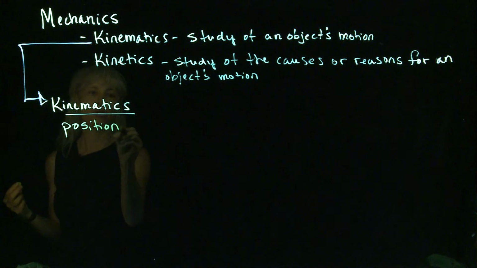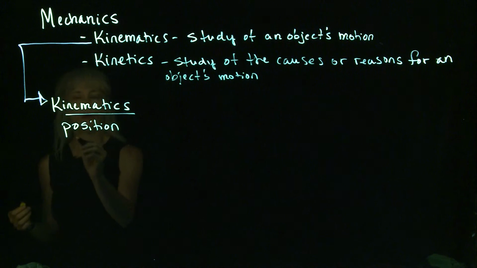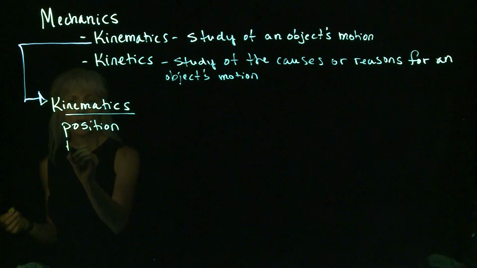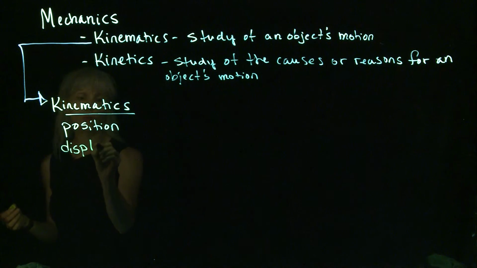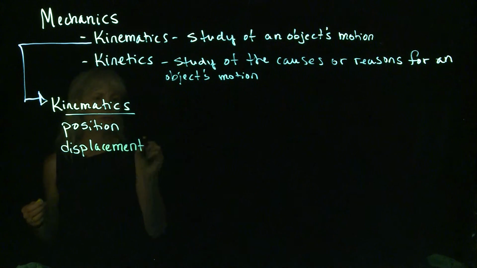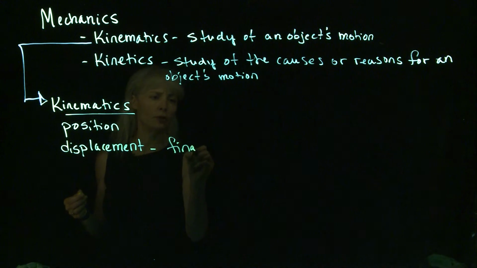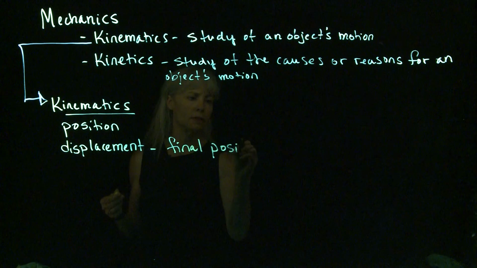Where is the object located at a certain time? Where in space? And you know that we will need some kind of a coordinate system to describe the position relative to some origin that we will determine as we go along. So position. Another quantity that we will need to fully understand and be able to use is displacement. Displacement is a quantity that is the final position of an object